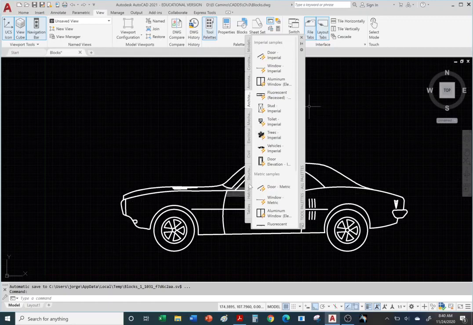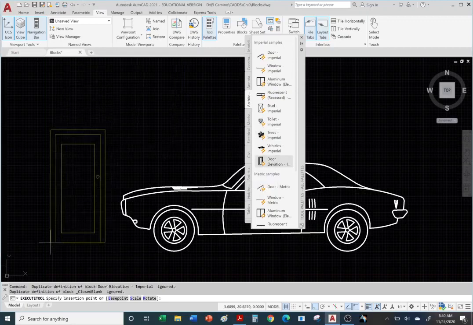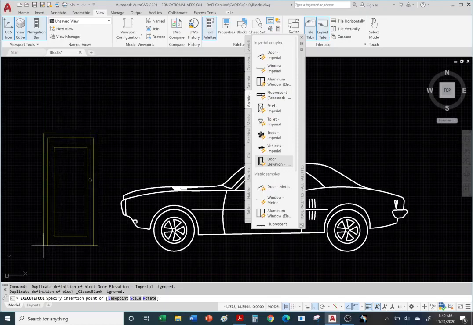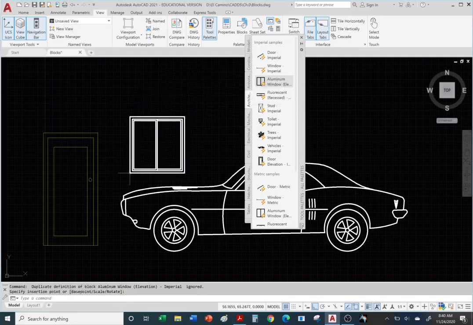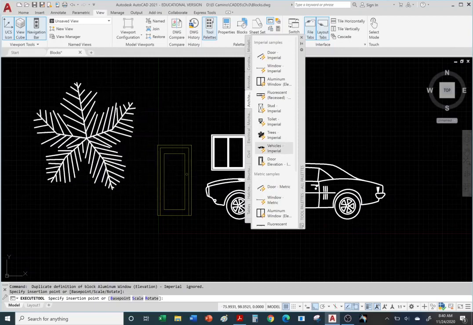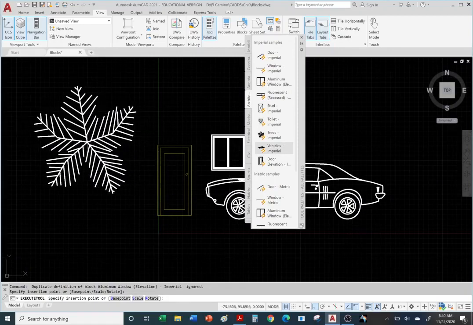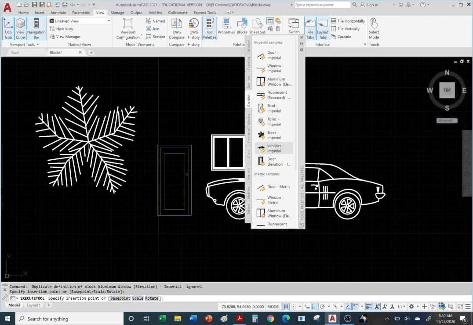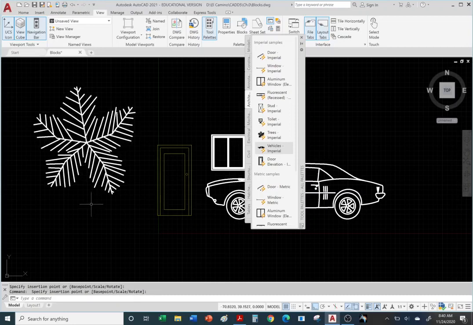Okay, let's go ahead and insert a door. Let's say the car's parked in front of the house. Insert some windows. Let's see, we also have some trees. This appears to be a top view. If you're looking at it from the top, there's your trees. All right, so